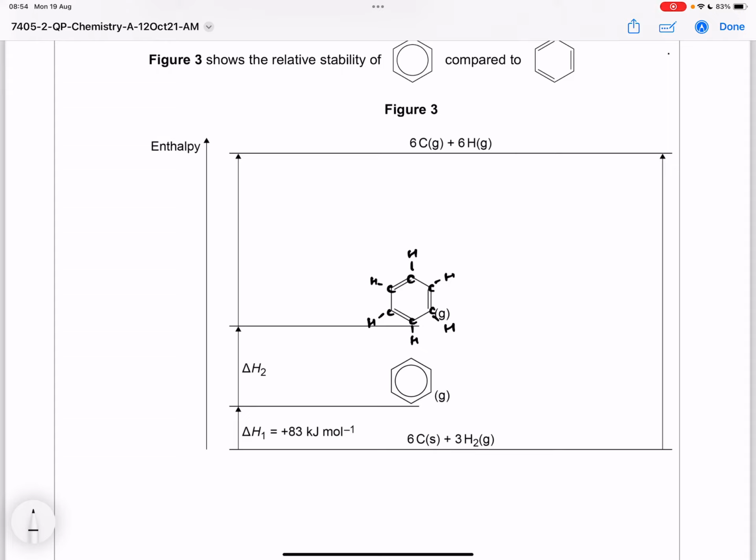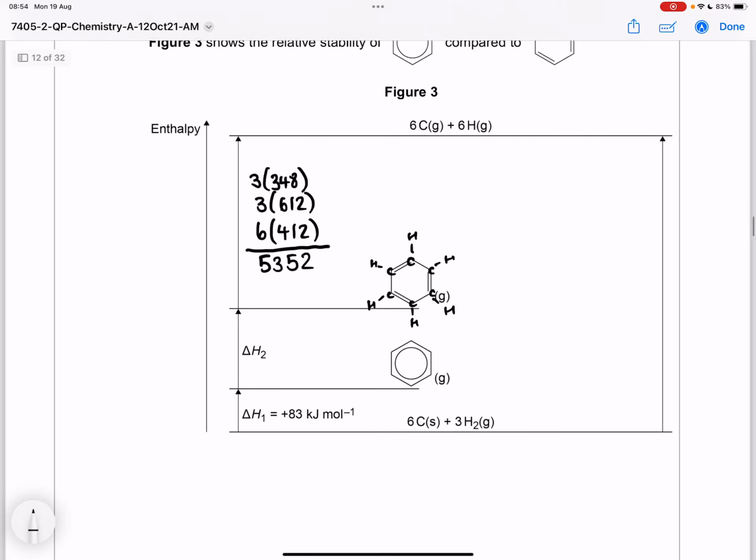So we're literally pulling apart that structure, we're breaking every bond. So we're breaking 3 C-C single bonds, so that's 3 lots of 348, 3 C=C double bonds, 3 lots of 612, and 6 C-H bonds, so 6 lots of 412. So if we add all that up, this arrow is